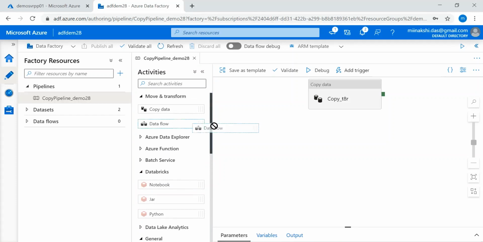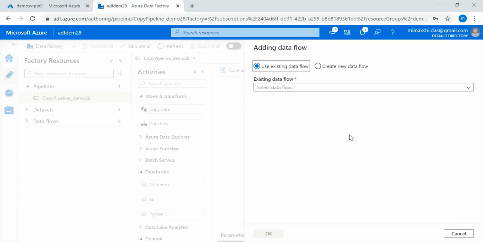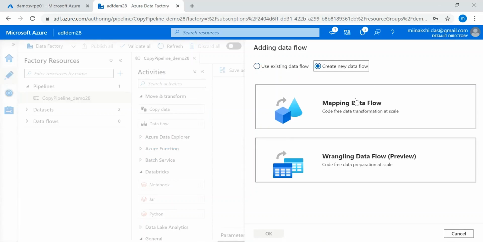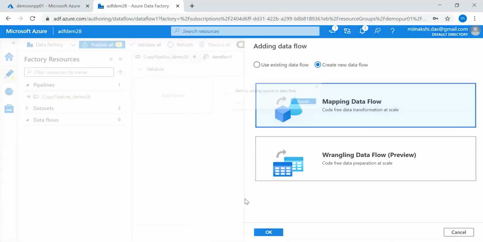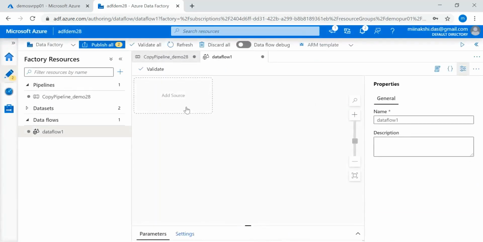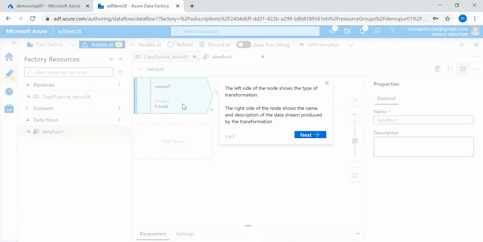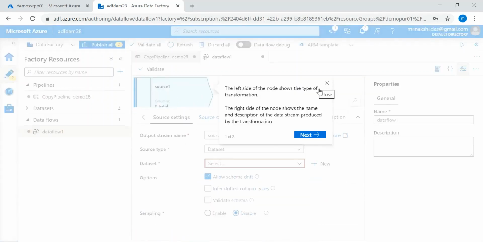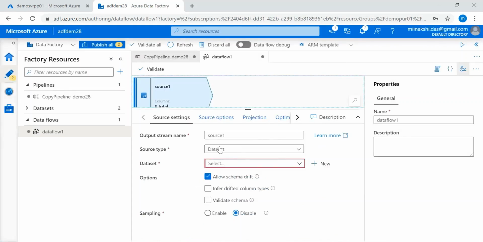So let me show you what all things are there in the data flow. Create data flow, mapping data flow. As we know, in every data flow, we have a source, destination, and some transformation. So here we can add a source. We can give the source data, source connection, or data set name.